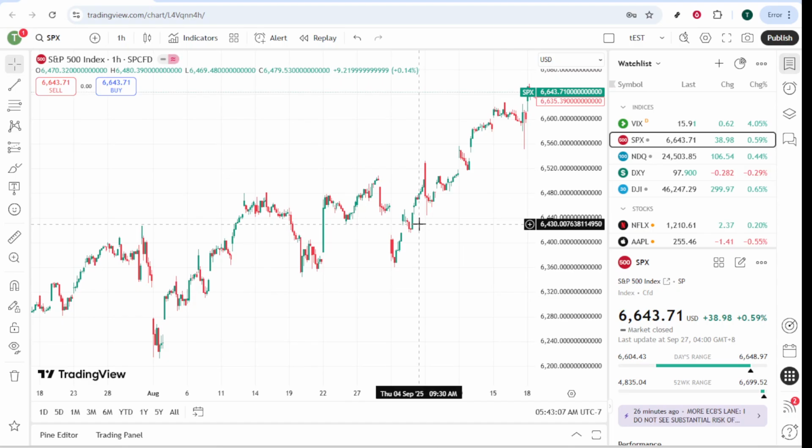And that's it. You've successfully downloaded and installed the TradingView desktop app on your Windows machine, and you're ready to